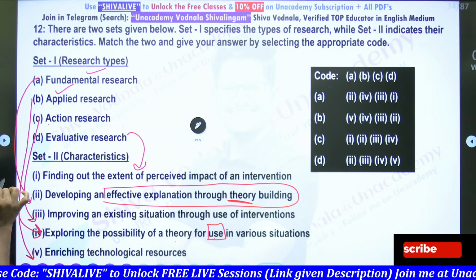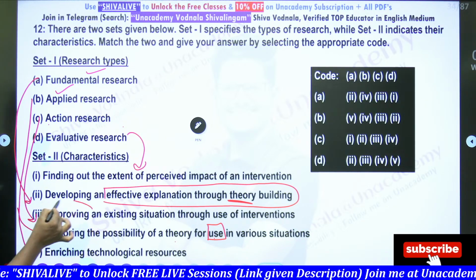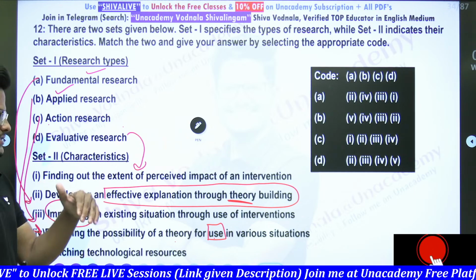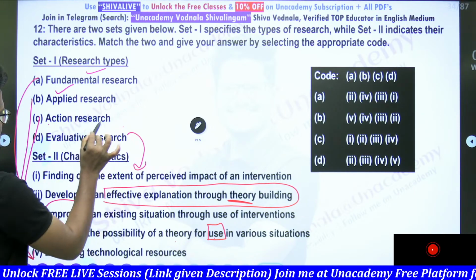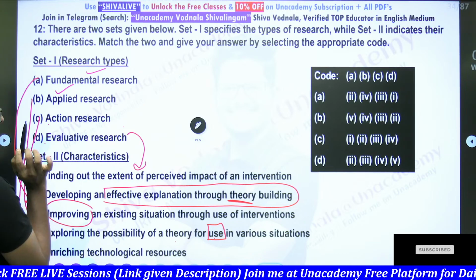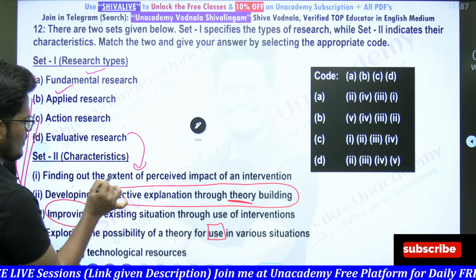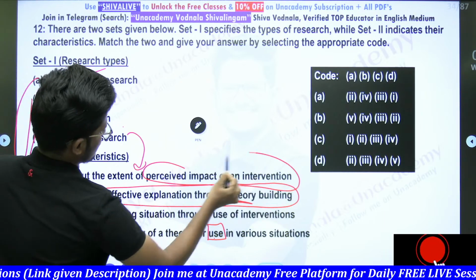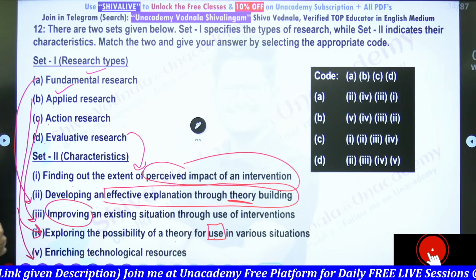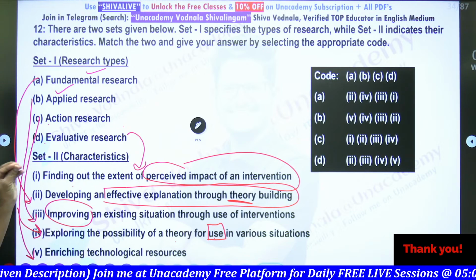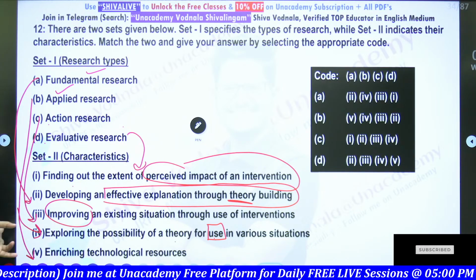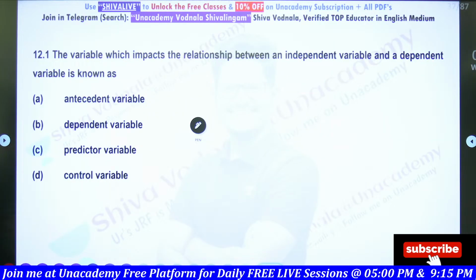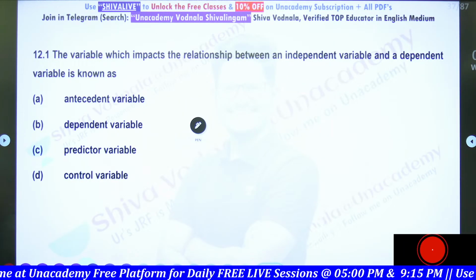Action research is the 3rd one, where improvising is a keyword for action research. To improvise the existing situation or better the situation to solve an immediate problem, action research will be used. Evaluative research is 1. Finding out the extent of a perceived impact of an intervention is called evaluative research. Next,